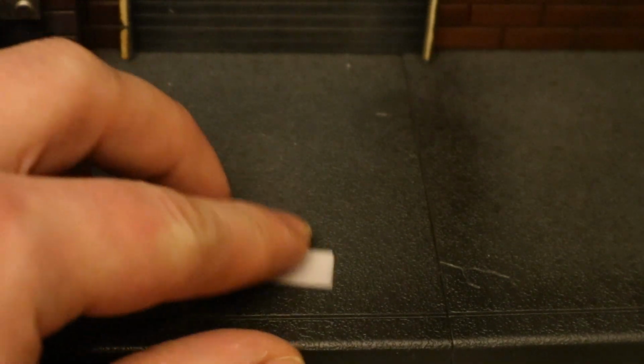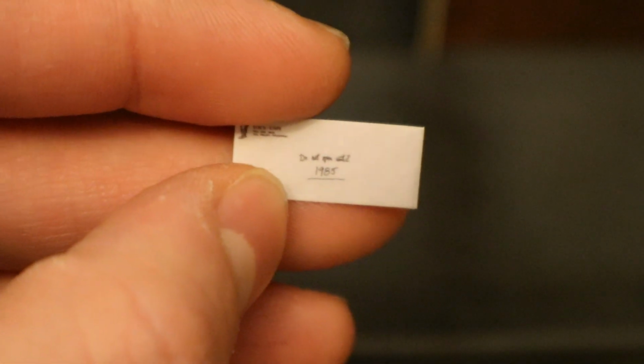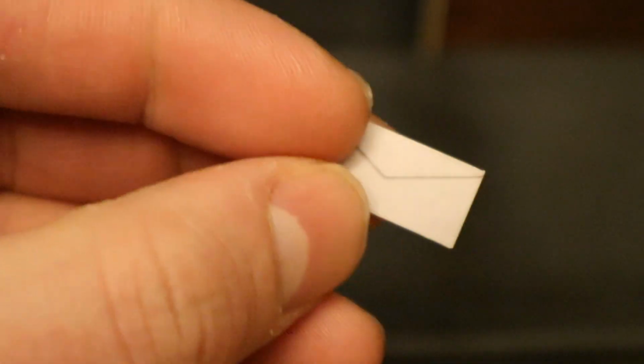And here's his final accessory. This is a letter that Marty McFly left for Doc. It says on the front, "Do not open until 1985." See on the back, it looks like an envelope. This letter explained to Doc he was going to get killed by the terrorists. Doc didn't want to ruin the timeline, so he ripped it up. And when Marty got to the future, turns out Doc had taped the letter back together and wore a bulletproof